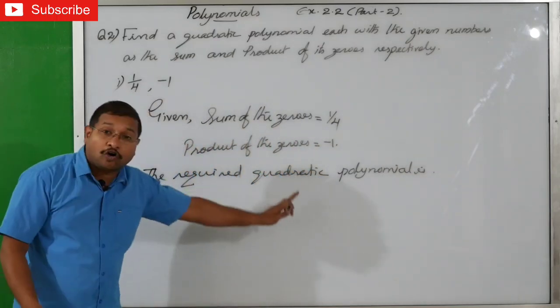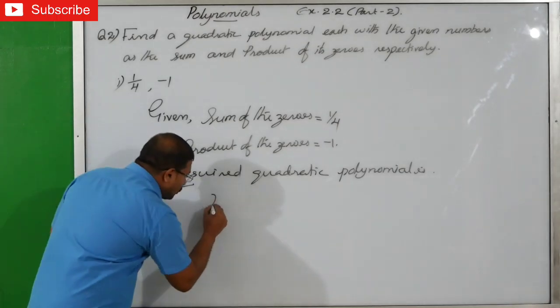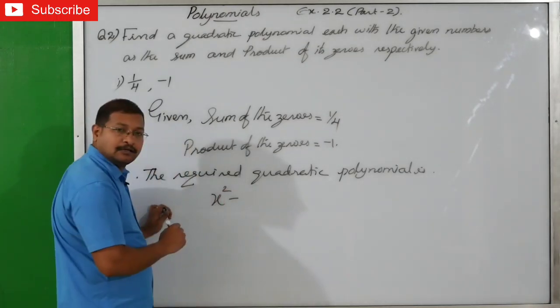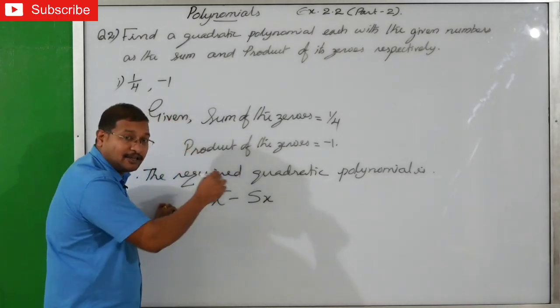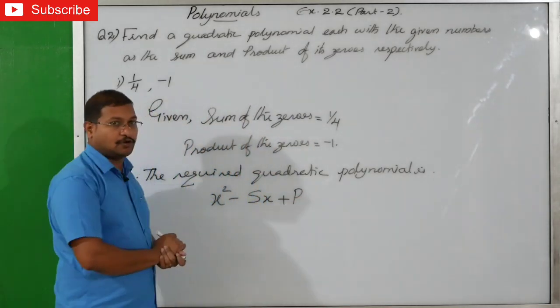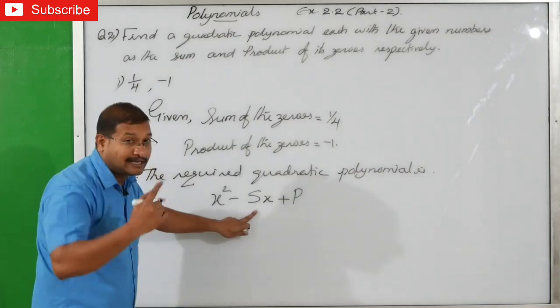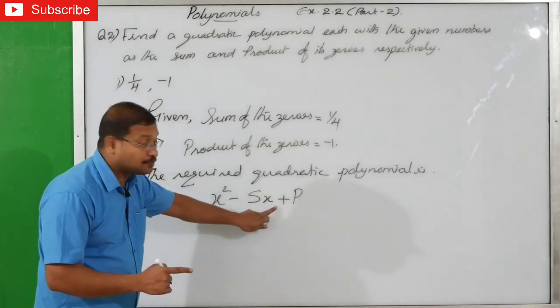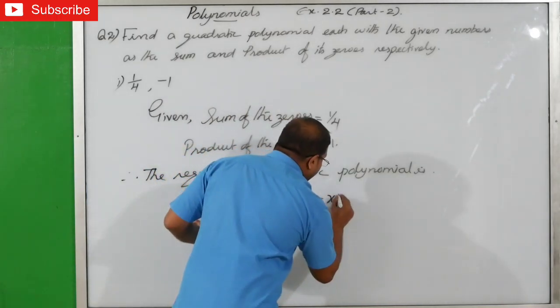Therefore, the required quadratic polynomial is, what is the equation? x square minus sum of the zeros into x, that means s into x, plus product of the zeros. Is it okay? What is the equation? x square minus sum of the zeros, that is s, into x plus product of the zeros equals x square